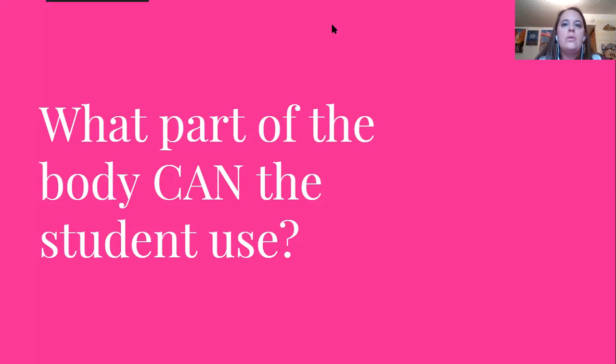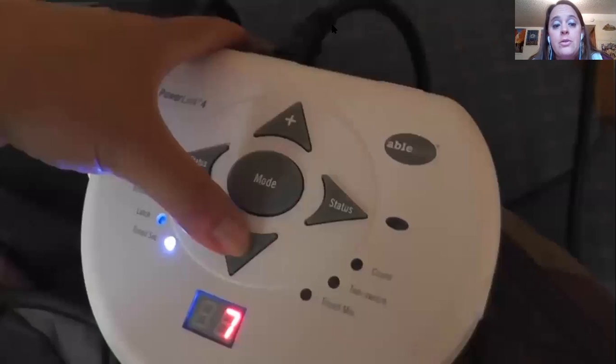So can a student hit a switch with their hand? Can they tap it with the finger? Can they move their neck if they don't have any other control? Some of my students have used head switches. Can you put it underneath their toe? Maybe our students have movement in their foot, but maybe not a lot elsewhere. Just be open to that. Students can move with different parts of their bodies, different limbs, stuff like that. So what can our students use?